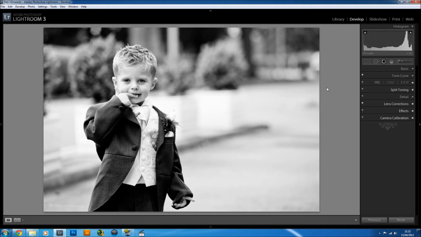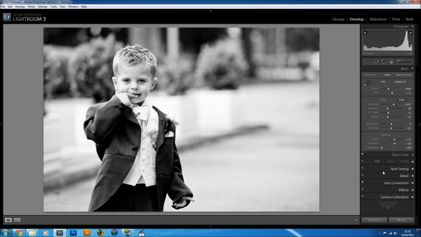Hi guys, it's my quick tutorial on black and white photo processing in Lightroom 3.5. If you're using another version of Lightroom, it's all relative as they're all pretty much the same in the layout